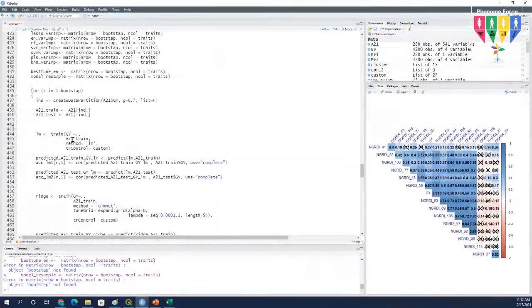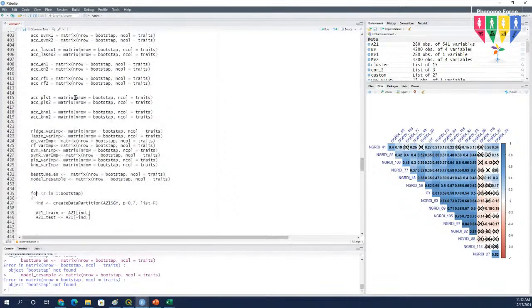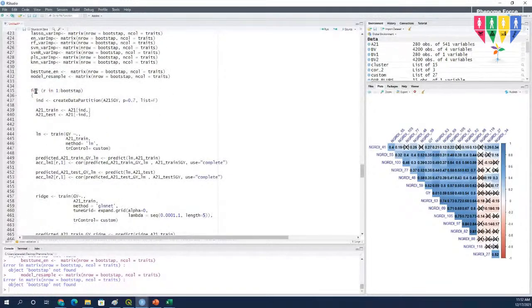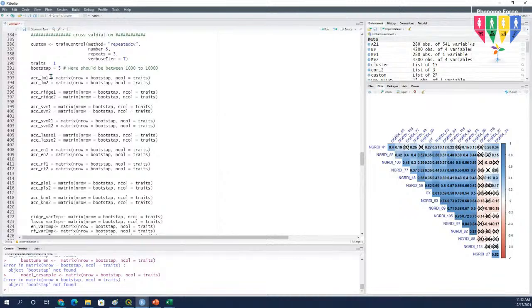And this is the bootstrap. So in this case, we are doing the data partitioning here. P0.7 means I would like to take 70% of the data as training. And then E21 is what we are going to use as data, and GY is what we would like to predict. Since I am going to use just 5 bootstraps as an example today, this is what we can see. AC, LM1, for instance, in this case we are predicting training data, but LM2 is predicting